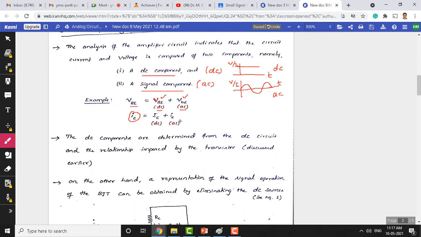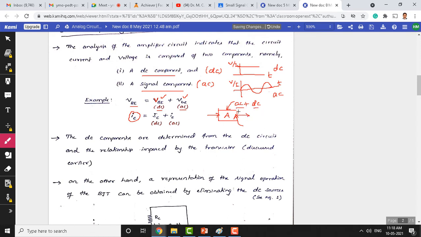In this topic, we will see how to separate the AC and DC components. Why do we need to separate? Because the only circuit which uses both AC and DC components is the amplifier circuit. This is an amplifier circuit. It has both an AC component, which is the signal component, and the DC component. Now, the question is, why do we need to separate them in this circuit here? Because these elements we use here, the BJT, the resistors, capacitors, DC voltage source, AC voltage source, together have both, and we can segregate them as AC component and DC component here.